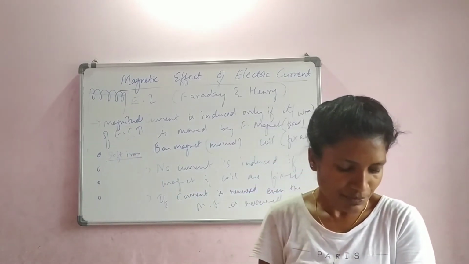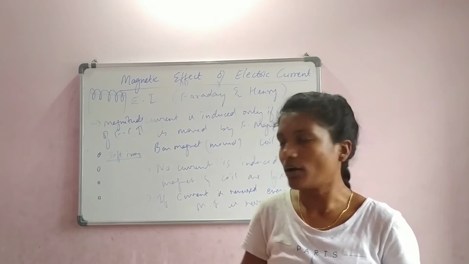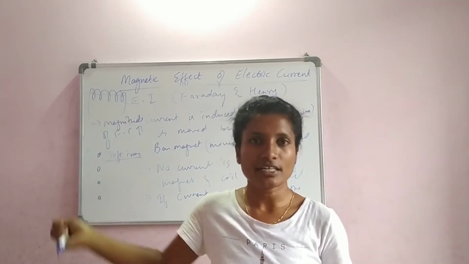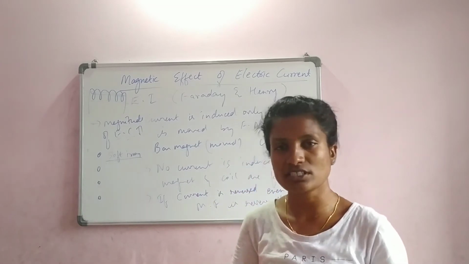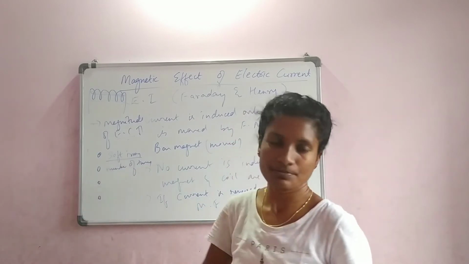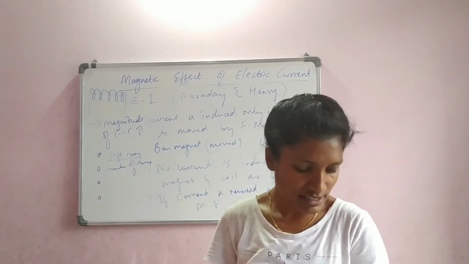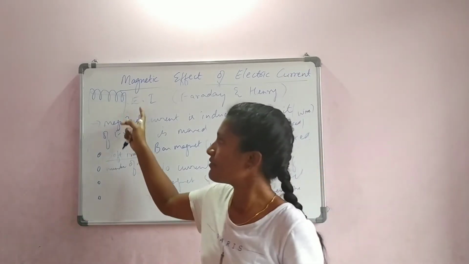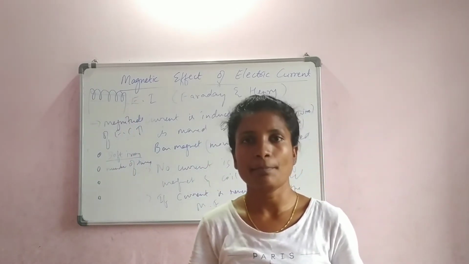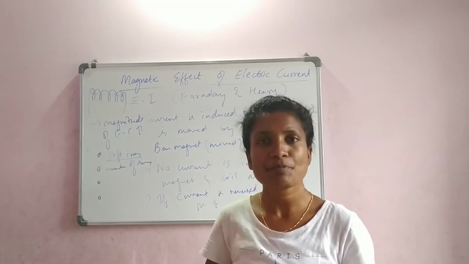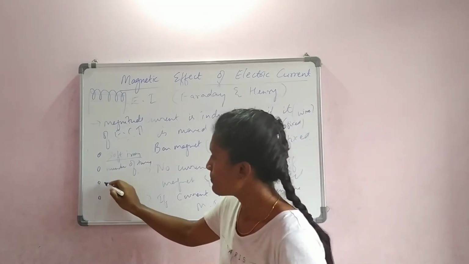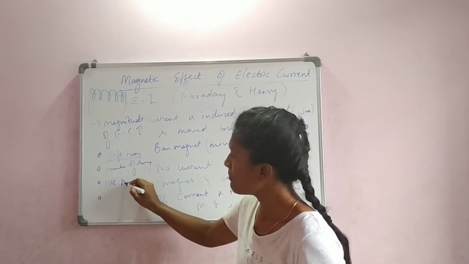The other one is to increase the number of turns in the coil. Let us say we had only 6 turns here. Increase it to 10, 20, 30. The more the number of turns, the more electricity is generated. The next one is increasing the strength of the magnet. Here we are using a bar magnet, which is a permanent magnet. Rather than using a bar magnet, please try using an electromagnet, which is more powerful. So use a powerful magnet.